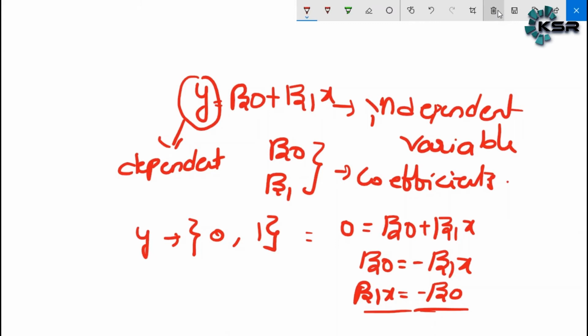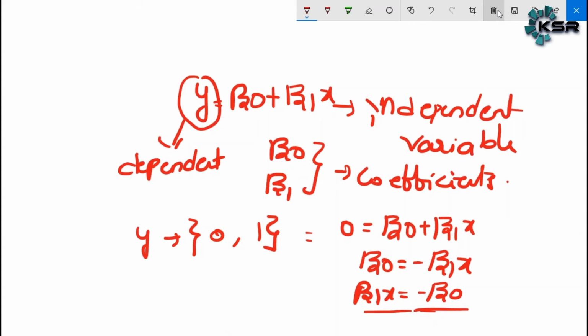So in ideal cases, should the intercept be a constant or not constant? The intercept is a constant, it will never change. Does it obey the rules of linear regression? It is not obeying the rules of linear regression. So this is the one case we are explaining. So, the other case,